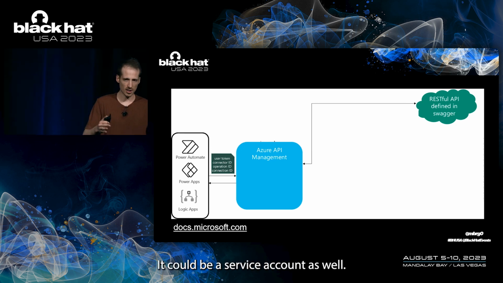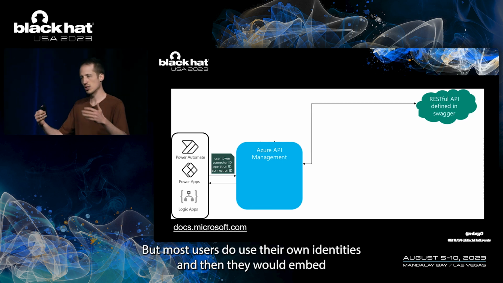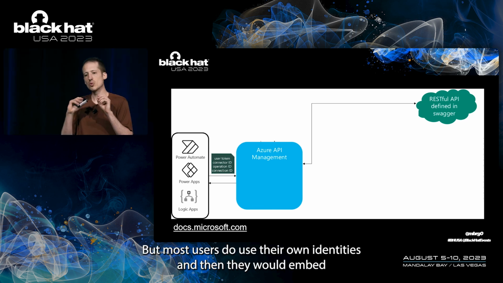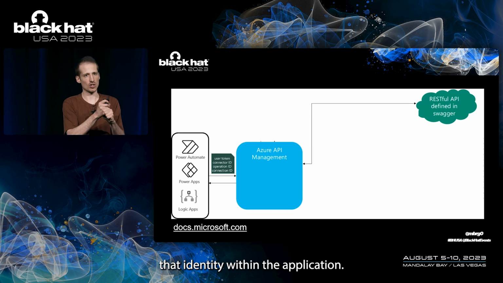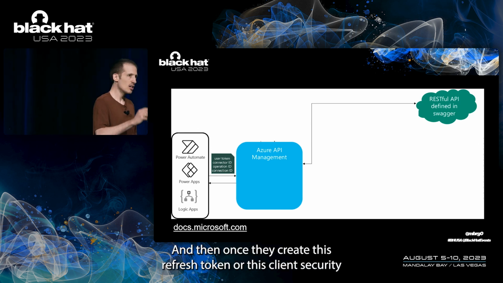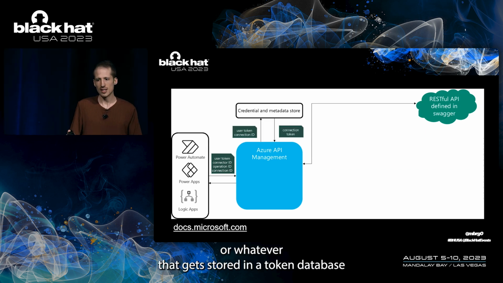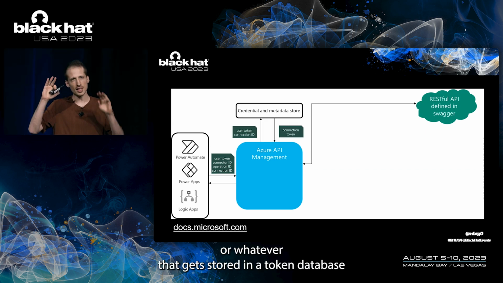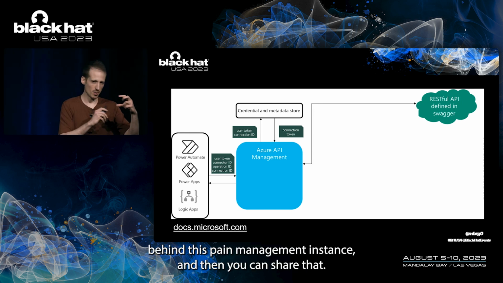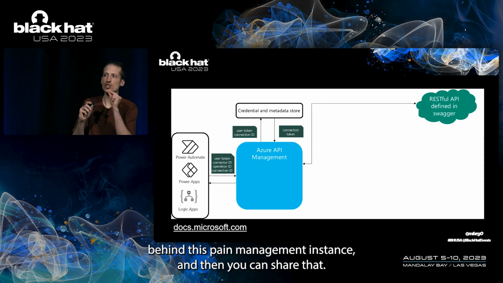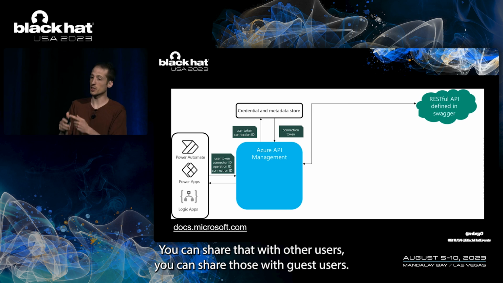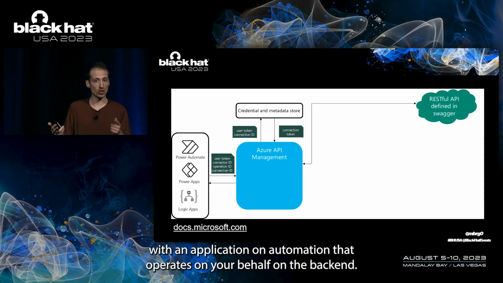It could be a service account as well, but most users do use their own identities. And then they would embed that identity within the application, all right? Once they create this refresh token or this client secret or whatever, that gets stored in a token database behind this API management instance, and then you can share that. You can share that with other users. You can share that with guest users. You can also share that with an application or an automation that operates on your behalf on the back end,